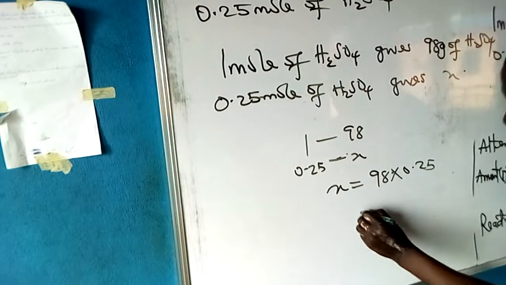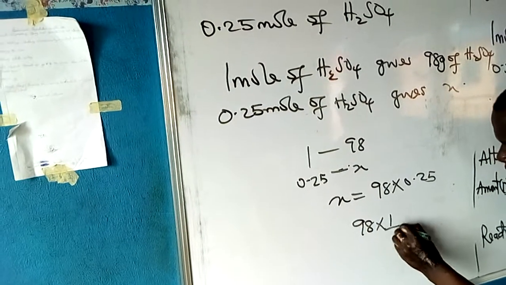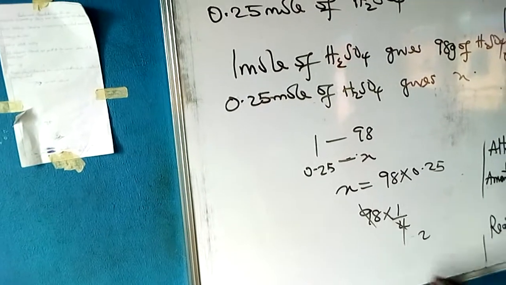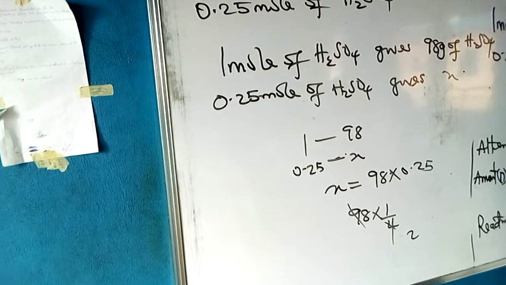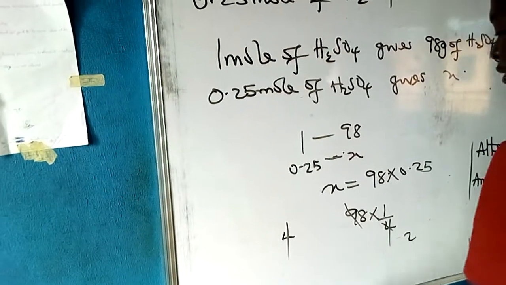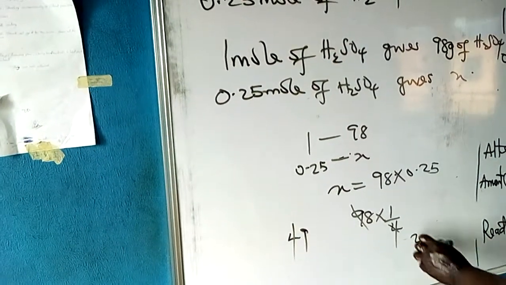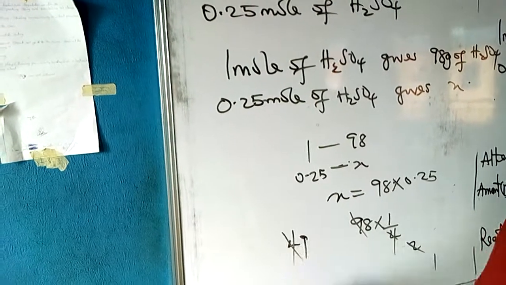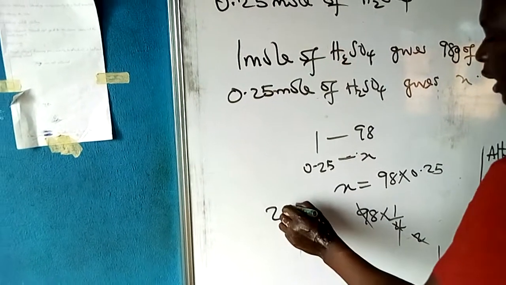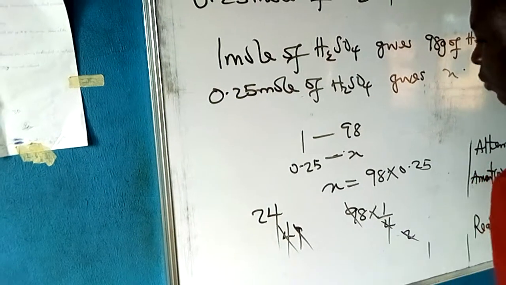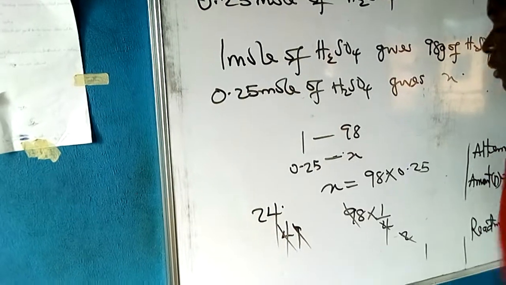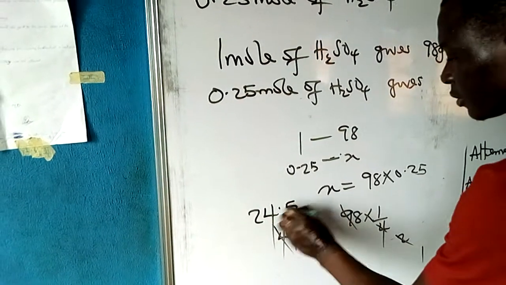To change it to fraction, we have 98 times 1 over 4. So from there, what are you going to have? 2 in 9 will give us 4, remainder 1. In 18, 2 in 18, 9. So can 2 go again? 2 in 4, 2. 2 in 9 will give us 4, remainder 1. Remainder 1 in 10, that gives us 5. That gives us